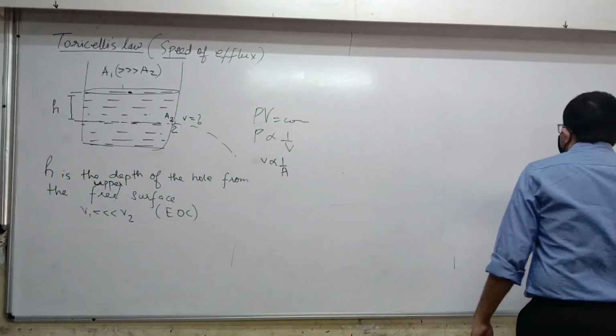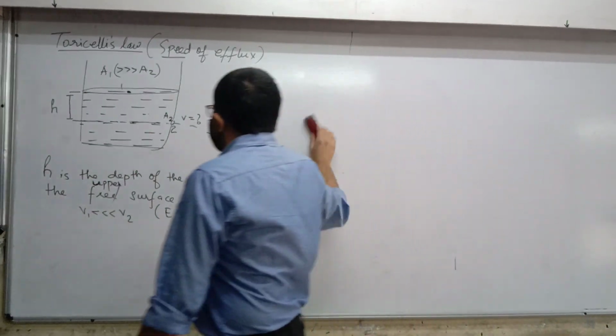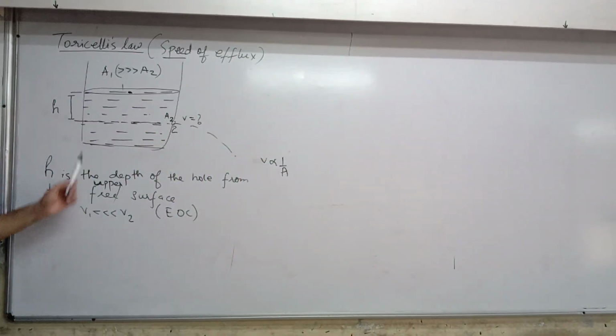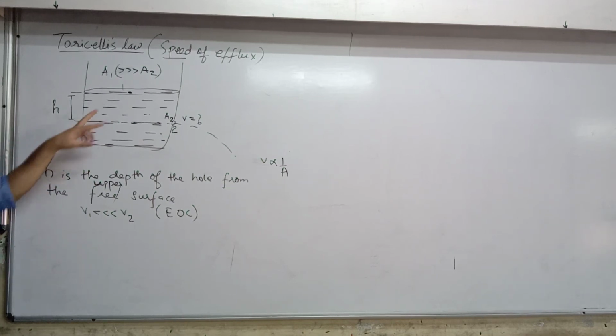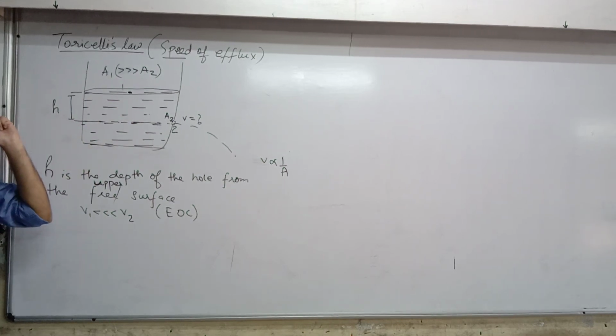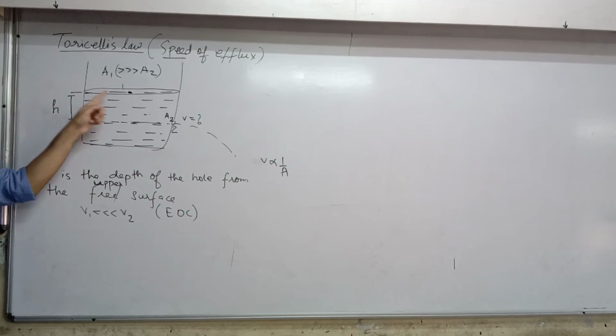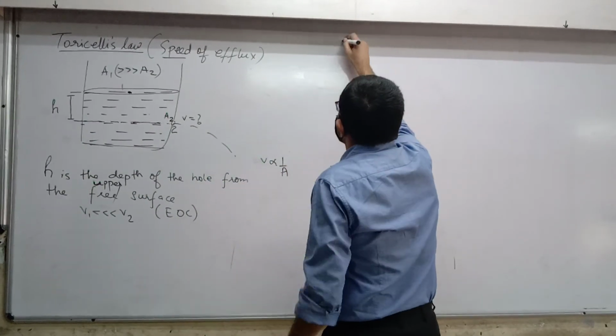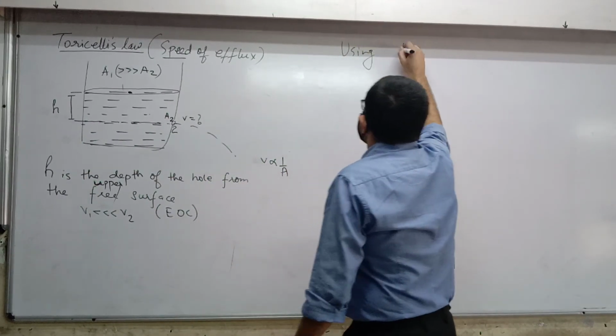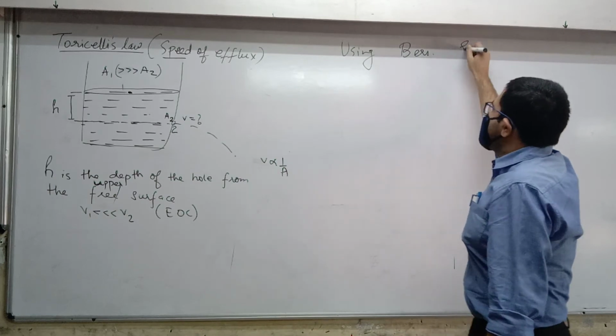So, area 1 is very big compared to A2, so V1 is very small compared to V2. Right? Now if we use Bernoulli's equation between these two points, point 1 and point 2, what should I be writing? So using Bernoulli's equation,